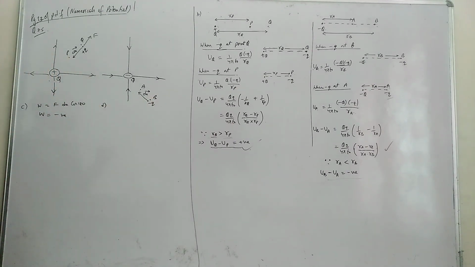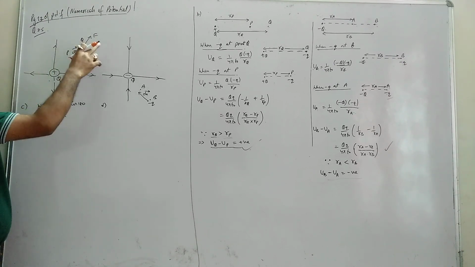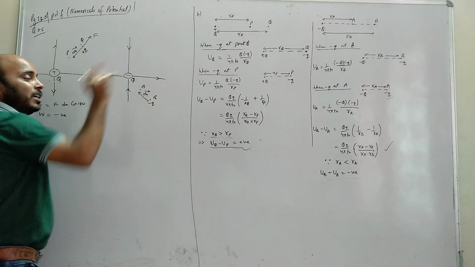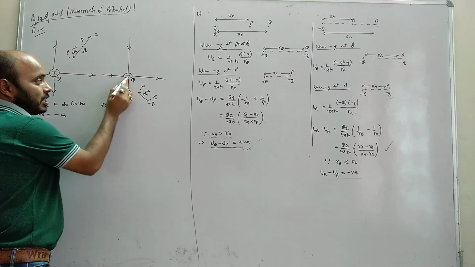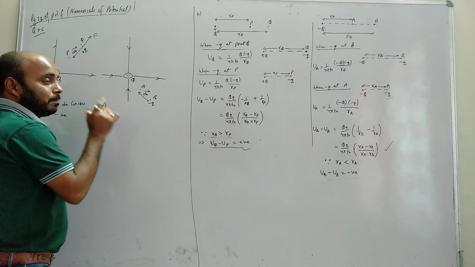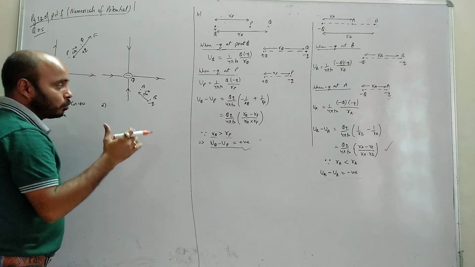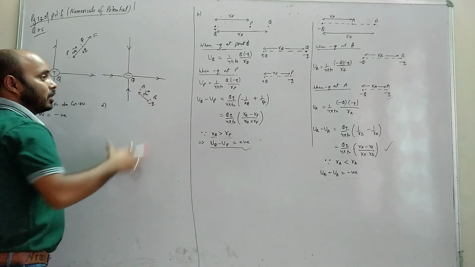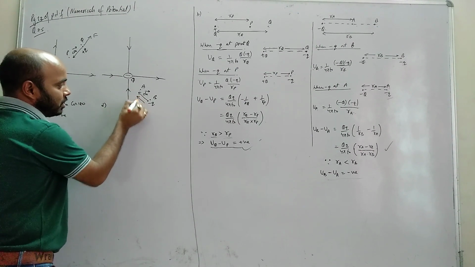Okay, now what is external agency and what is the difference between external agency and electric field? यहाँ पे electric field पॉइंट की तरह रिपेल कर रहा है. यहाँ भी अगर by electric field बोलता, so this is negative, रिपेल करता. Okay, but by external agency, I want to move this charge in this direction. So external agency will apply force in this direction only.